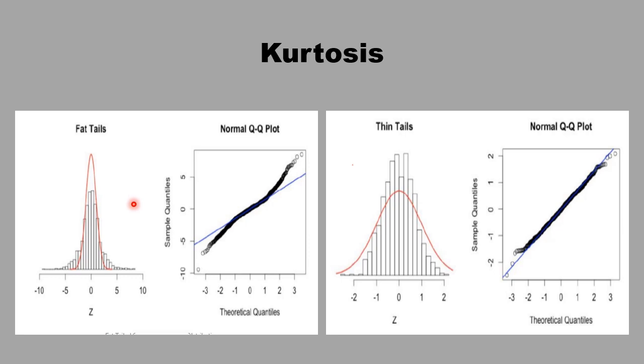Another form of deviation from the normal distribution is the kurtosis. When we have fat tails, we have a spreading of the data well away from the central part, or, in the other case, the aggregation of all or most of the data quite close to the central part. In this case there will be fat tails, and in the other case you would have very thin tails because most of the data is quite close to the central part. And again, a QQ plot would show this clearly because of the spread of the data quite apart from the central point. You would have deviation from the straight line